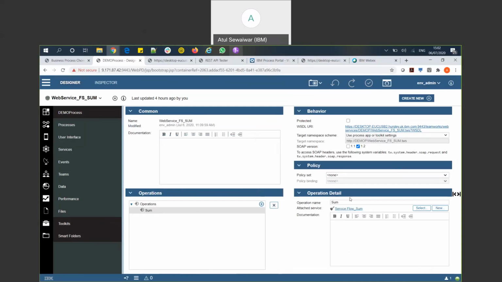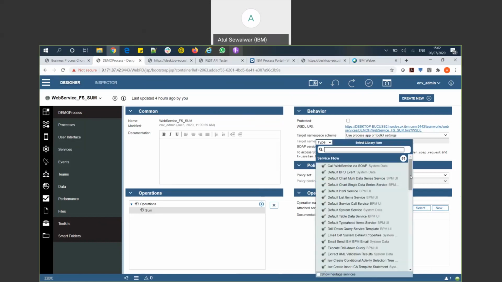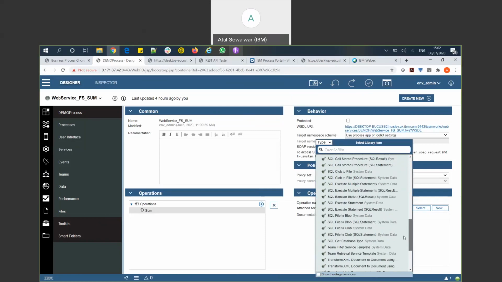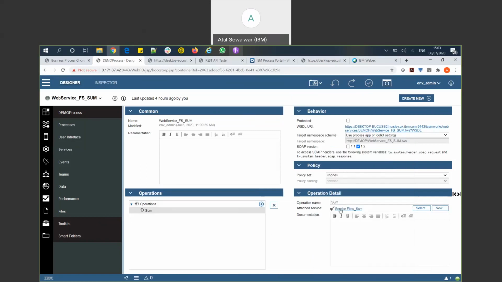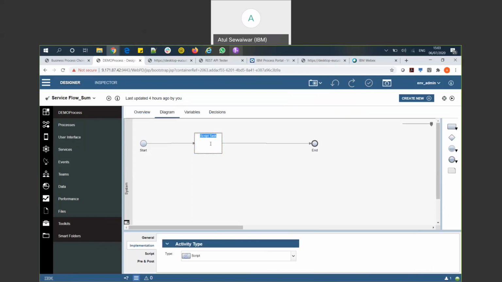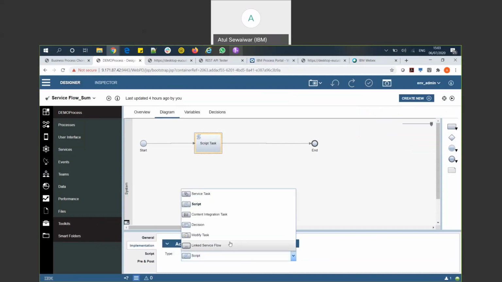When you name it, it will come here, and you can select from the available services which one you want. For example, here we have service flow sum, or you can create a new service flow. Inside the service flow, you can have a process definition. Here there are gateways and all those things available: start event, intermediate event, end event, all those things are there. You can also have specific activities, these activities are of this type, where all our system activities are, or service flow, where you can have this written.